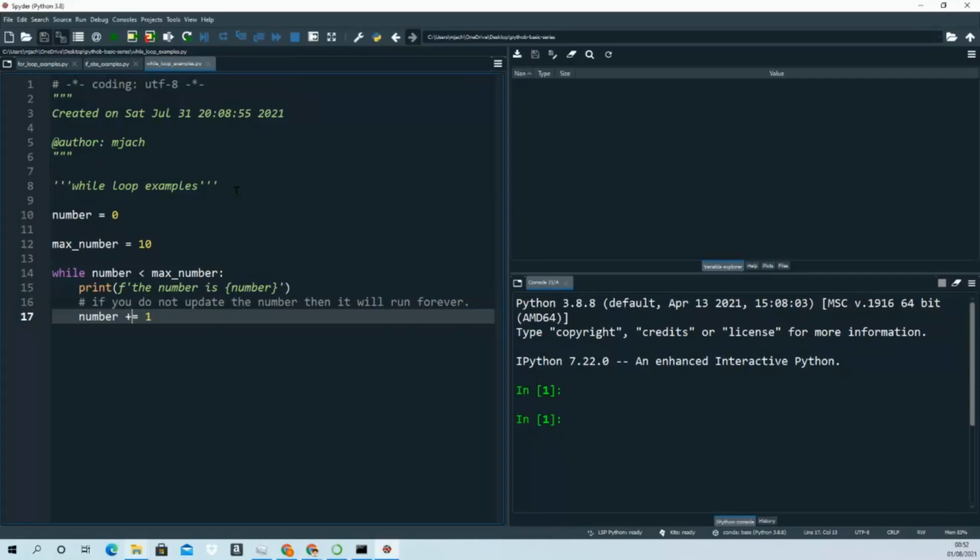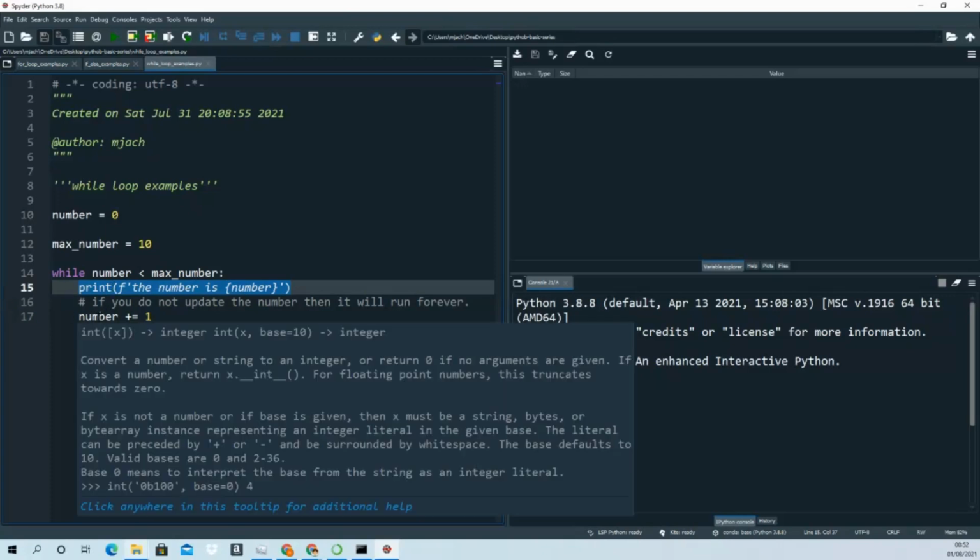So first I've created two variables, one is number, which I assigned 0, and another is max number, which I assigned 10, for example. So I'm saying while that number, which is 0, is less than 10, max number is 10. So I'm printing here the number is, and then updating the number here, the number with 0 plus